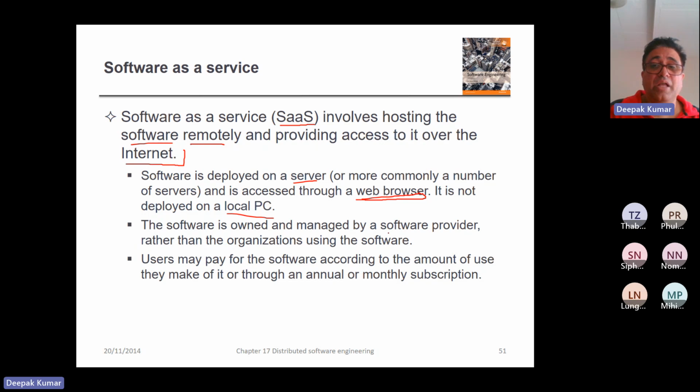The software is owned and managed by a software provider. Like in Google Docs, it is Google. The parent company is Alphabet. And software is basically controlled, managed and owned by the